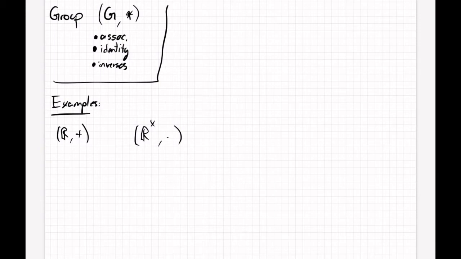So what are some other examples? Well, another example of a group that works with addition is the integers. So let's think about this. Associativity, well, real numbers are associative, so therefore so are integers. The identity for plus in the real numbers was 0, and that's an integer, so we're good about that. And lastly,